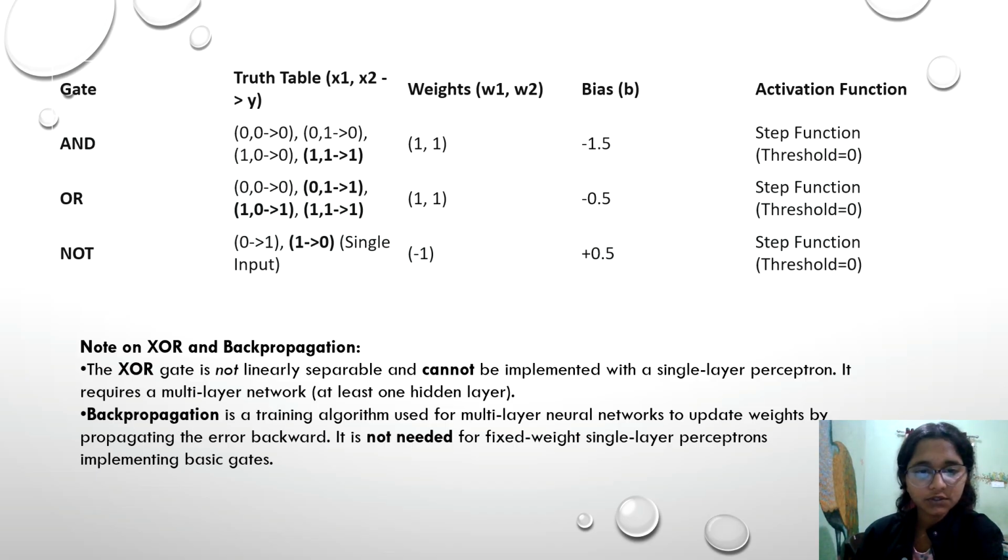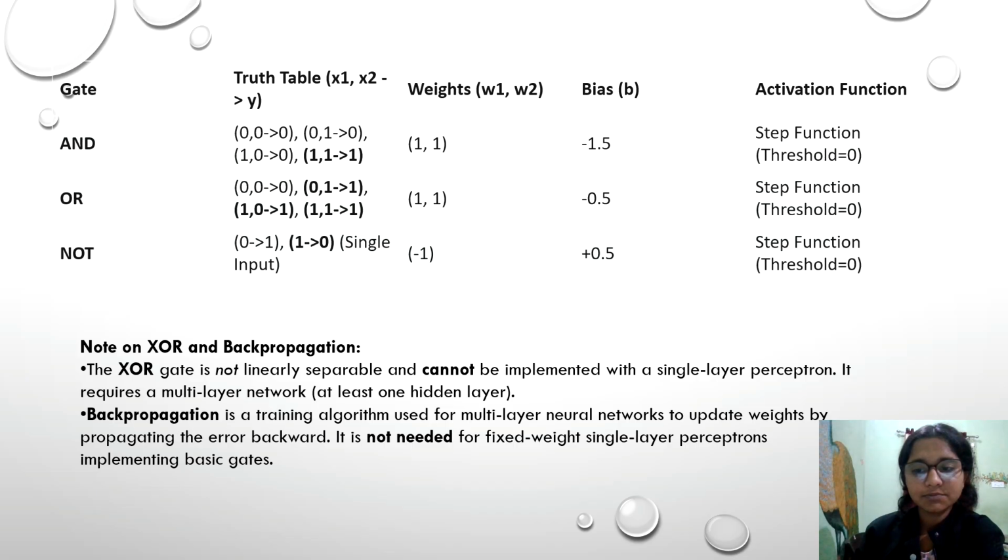The XOR gate is not linearly separable and cannot be implemented with a single layer perceptron. It requires a multilayer network, with at least one hidden layer. Backpropagation is a training algorithm used for multilayer neural networks to update weights by propagating the error backward. It is not needed for fixed-weight single layer perceptrons